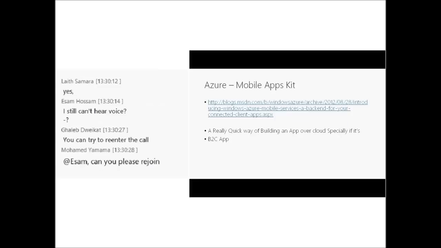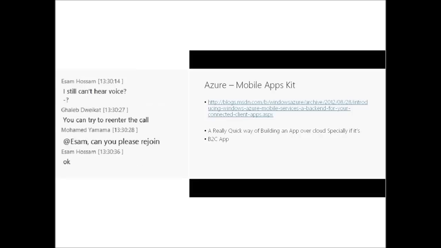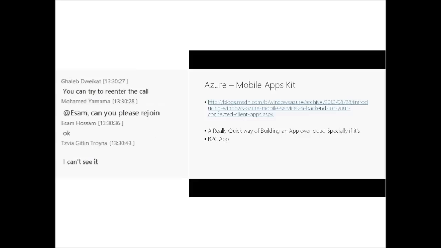I'll skip that so as not to go so technical. Another option is called the Azure Mobile Apps Kit. Azure Mobile Apps is a tool that you can use, guys, for developing a very quick app. You can go for Windows Azure. I need to create a new mobile application. I will call it, for example,